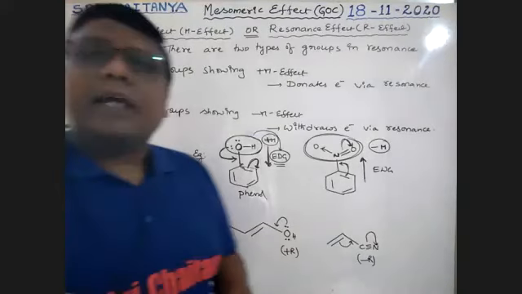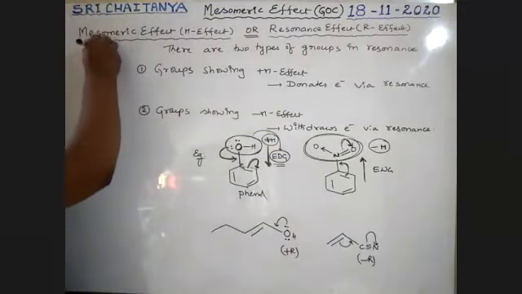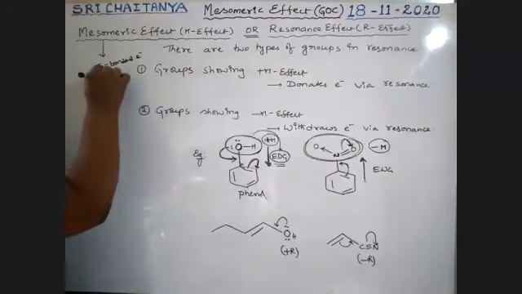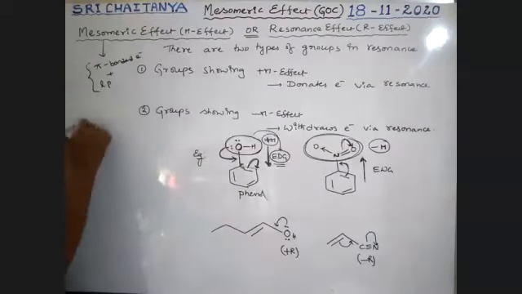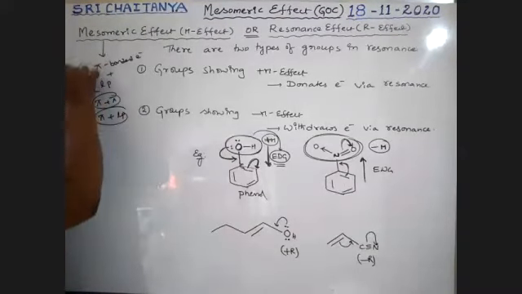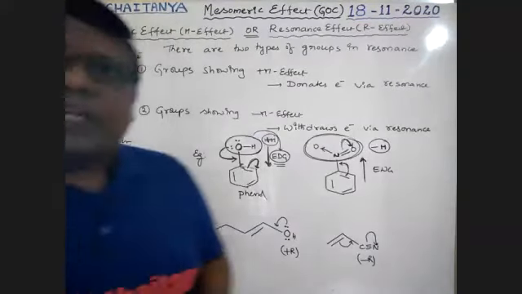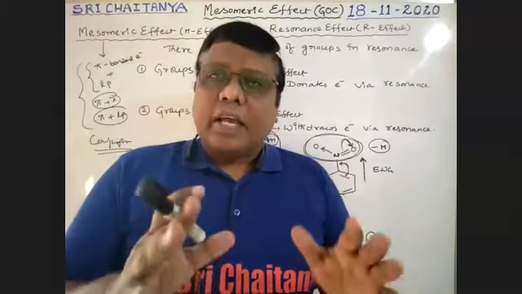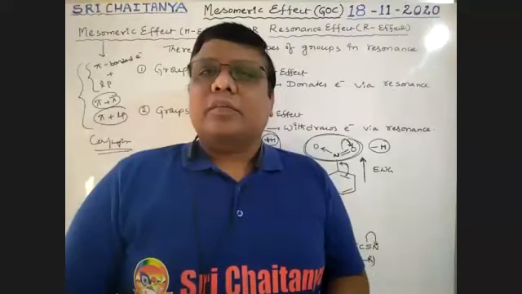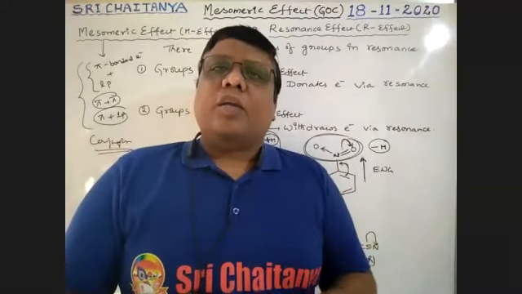Here, in the mesomeric effect, particularly pi bonded electrons and lone paired electrons are involved, boys. Pi plus pi combination or pi plus lone pair combination is nothing but conjugation. Already we know conjugation. In a conjugated system, because of the presence of pi bonded electrons or lone paired electrons, resonance is there. Because of that, the electronic effect is called either the resonance effect or the mesomeric effect.